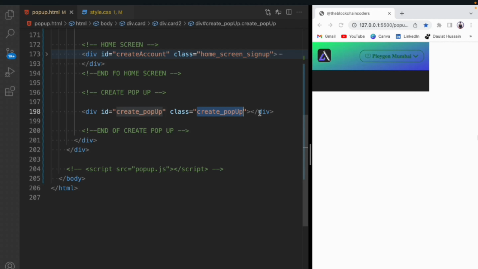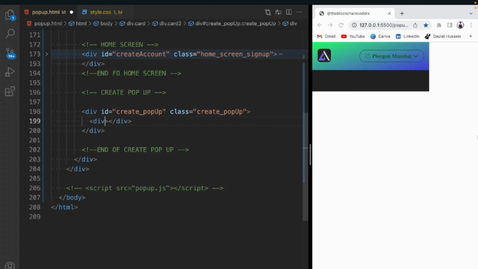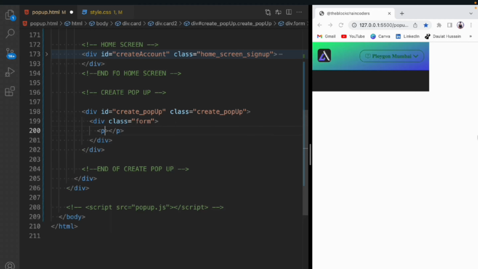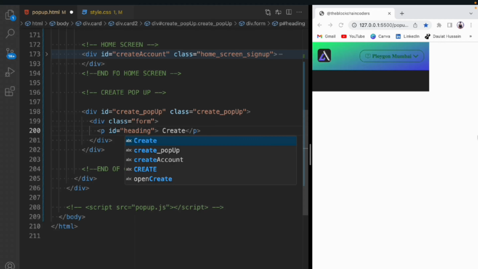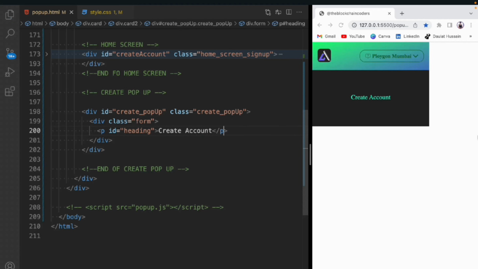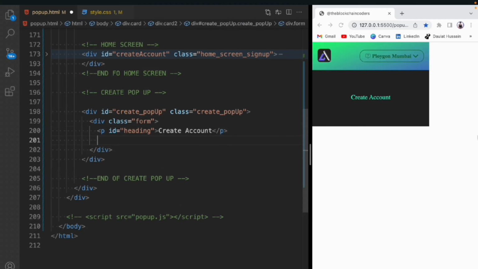Now we can bring this down and we can take a div. It will take a class called form. Inside that we'll take a p. It will have an id called heading, and we'll display our heading create account. Looks good. And now we have to display our input field. So we'll take a div. It will have an id called field. Inside that